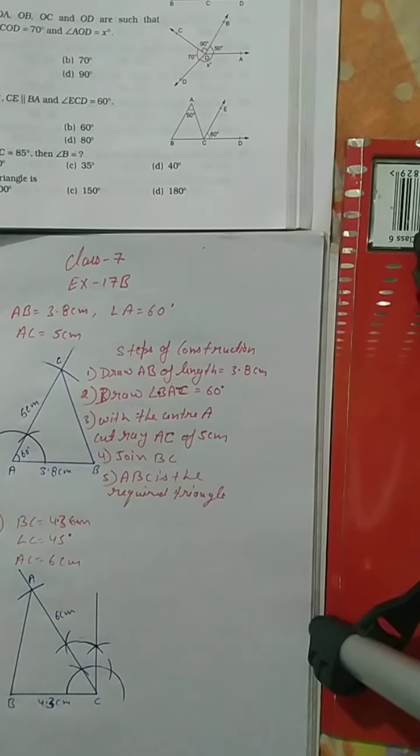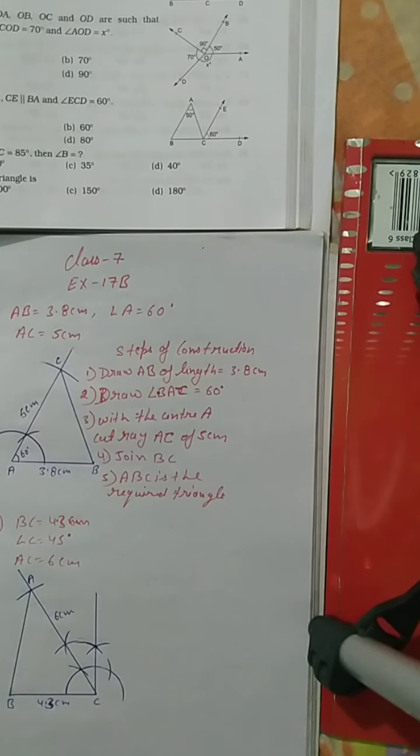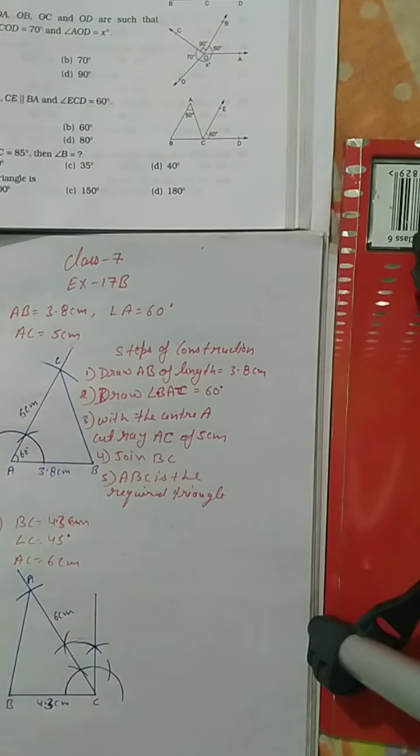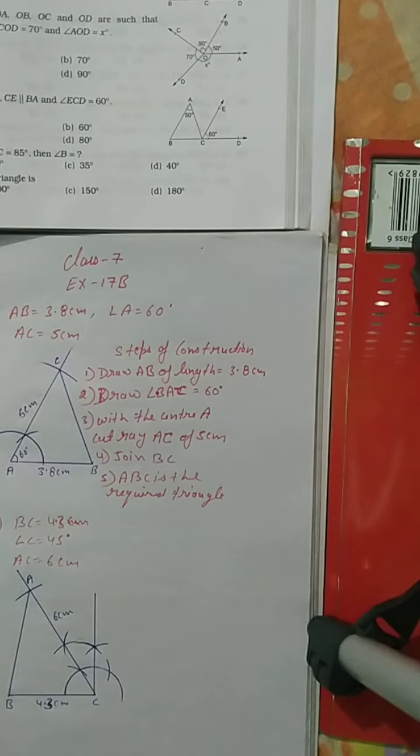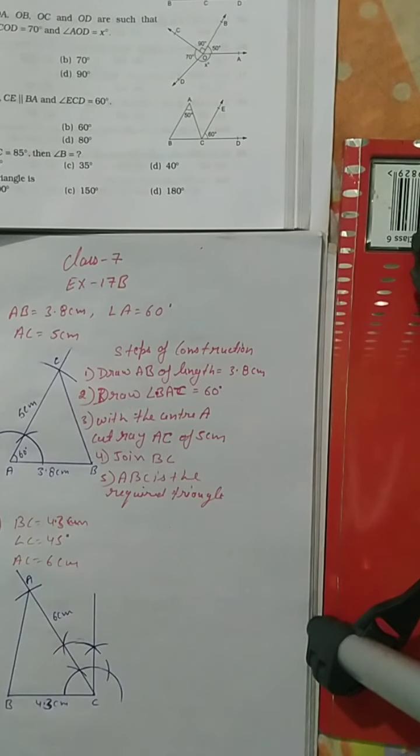Now we will discuss your question number 7. Question number 7 is, draw a triangle ABC in which AB equals AC 5.2 centimeter and angle A is your 120 degree. Draw AD perpendicular to BC. The question is very easy and you have to do it by your own. Just now we have solved question number 5 and 6. It is the same question, question number 7.